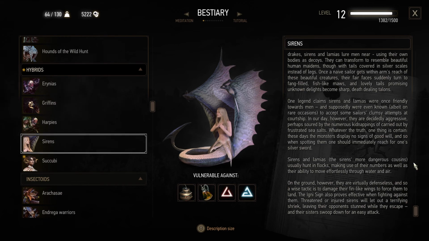Sirens and lamias, the sirens' more dangerous cousins, I'm not sure if I'm saying that right, usually hunt in flocks,